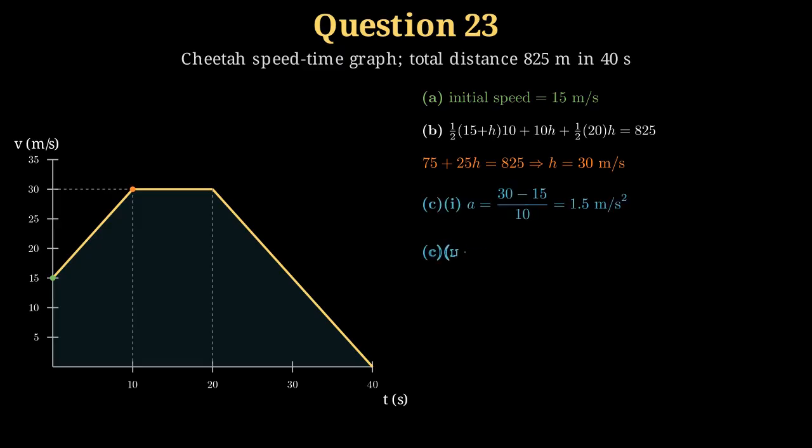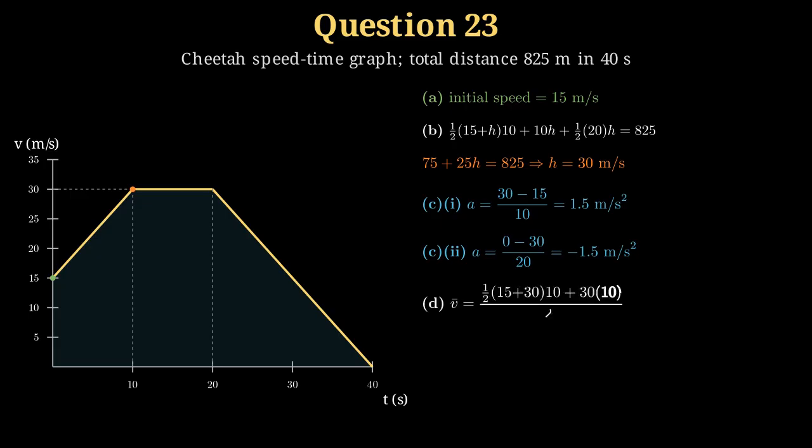Part C, the accelerations, which are the gradients of the graph. In the first 10 seconds, the speed rises from 15 to 30, so acceleration is 30 minus 15 over 10, which is 1.5 meters per second squared. In the last 20 seconds, it falls from 30 to 0, giving 0 minus 30 over 20, minus 1.5,